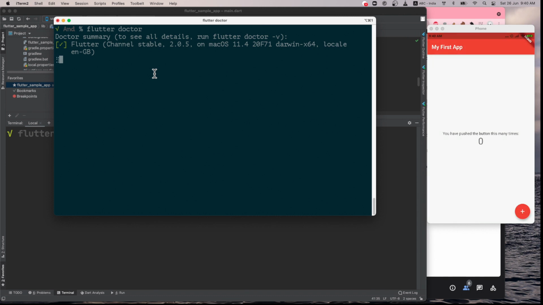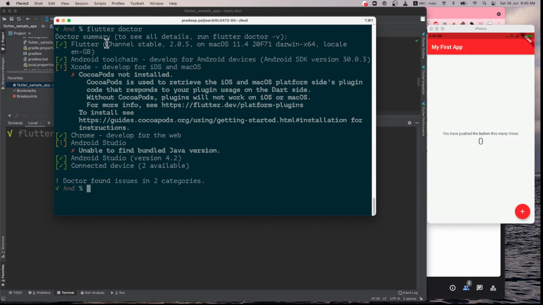So this is a very important command that you have to remember, and you might use it very often because the Flutter version keeps on changing. So you see here the channel, right? This channel is a stable channel, so you can have a nightly build channel where it will change very often. Every time Flutter is changing, they will put it there, and if you want to use it, you can use it. Okay, like that.